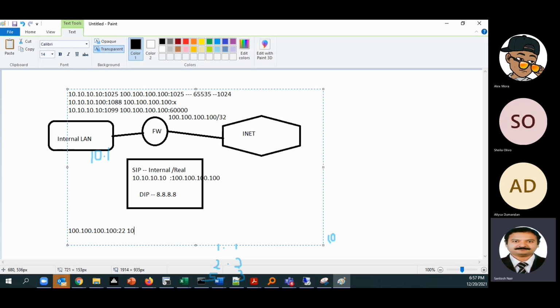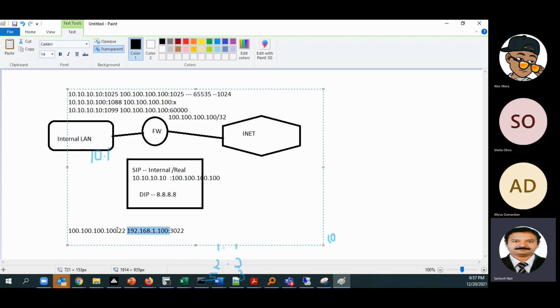It has to go to the DMZ server, say 192.168.1.100, on port 443 or some other port like 8030.